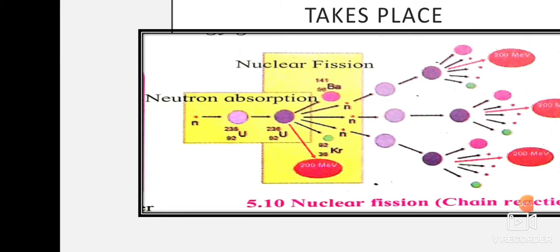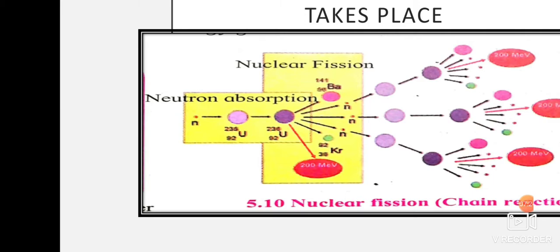This reaction is controlled by using a neutron absorbent material like boron steel and cadmium rods, which absorb excess neutrons, and the heat generated can be used for the welfare of mankind. Hence, it is absolutely necessary to control the fission reaction in a nuclear power plant. When we set up these cadmium rods and boron steel to absorb the neutrons, this reaction becomes a controlled reaction. So in a nuclear power plant we have a controlled chain reaction, where energy is given out.